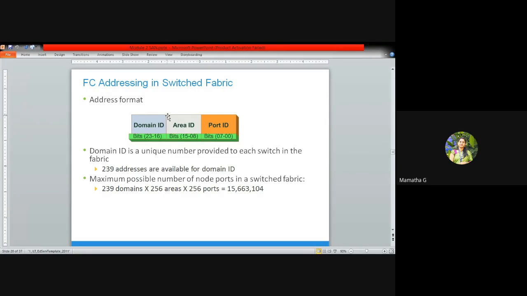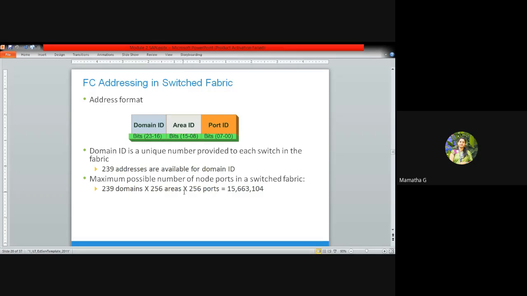And also you can see the maximum possible number of node ports, that is, how many devices you can connect: you can connect 239 domains. Overall, this figure gives how many devices you can connect in the addressing mode.